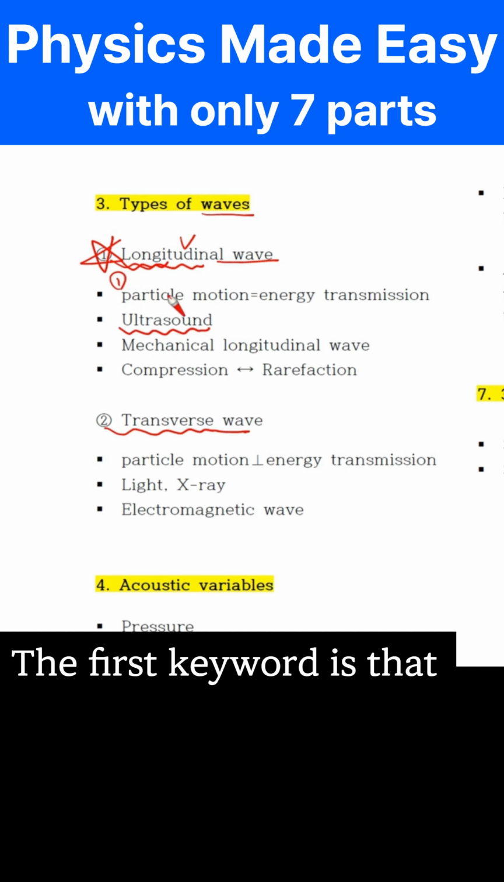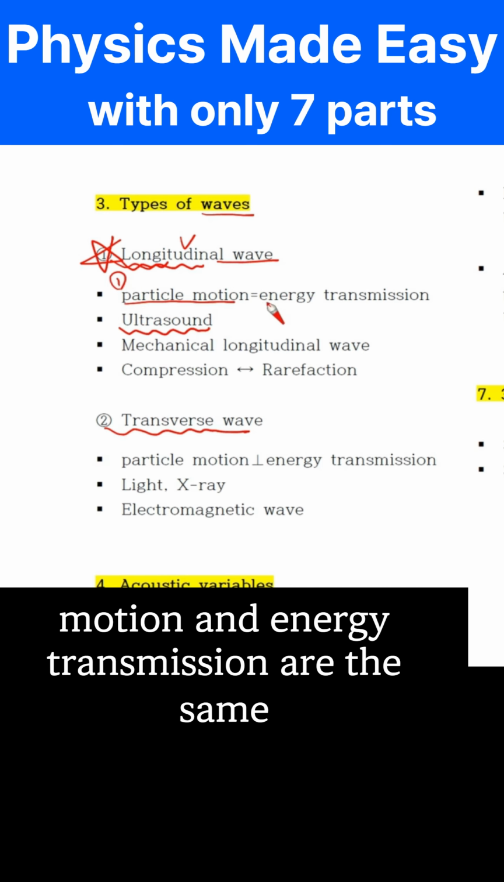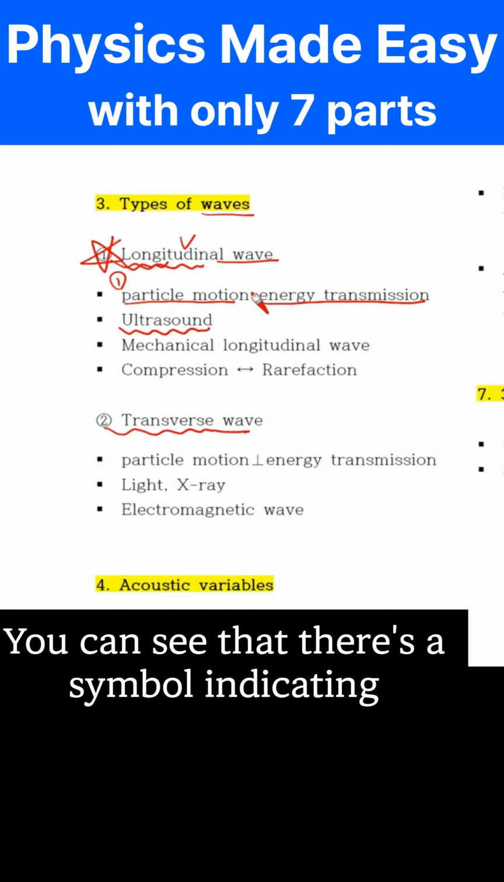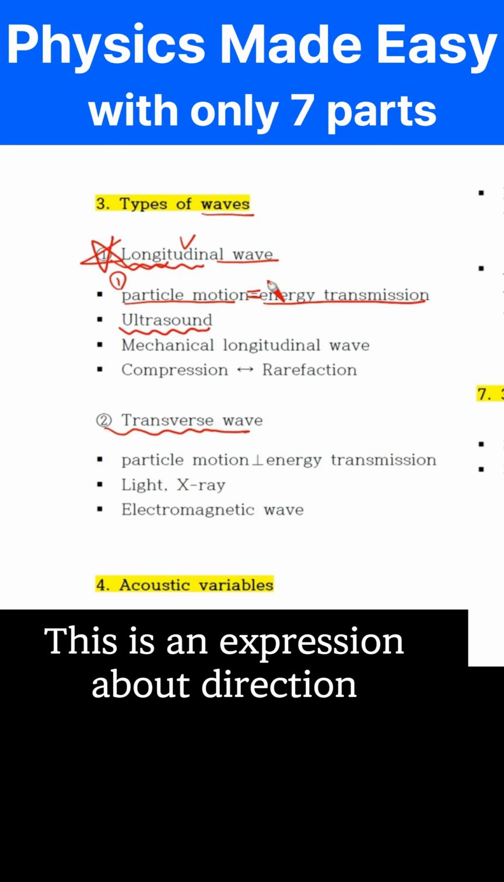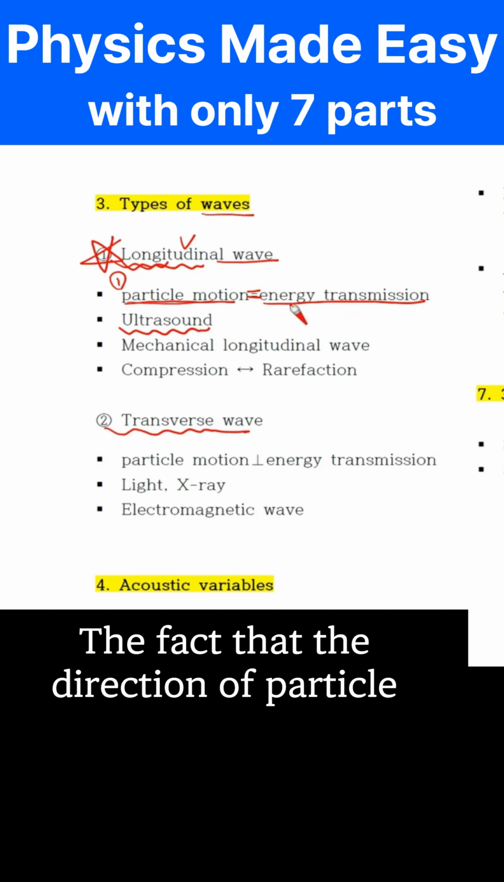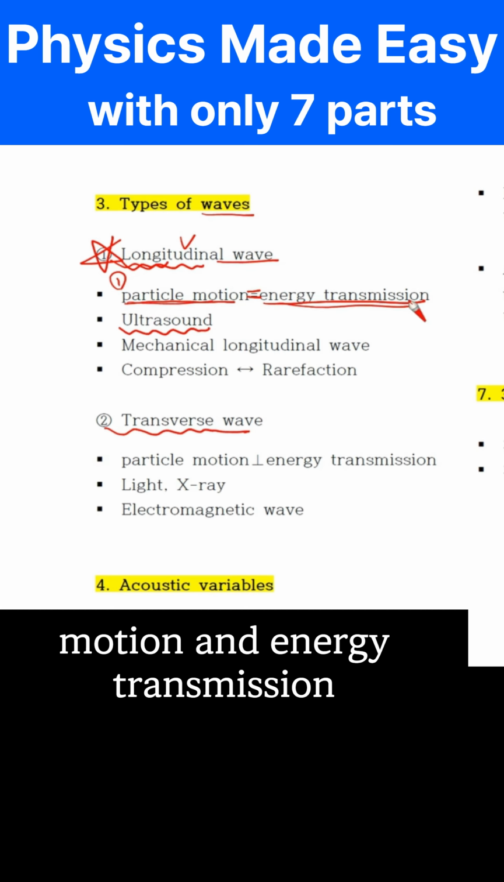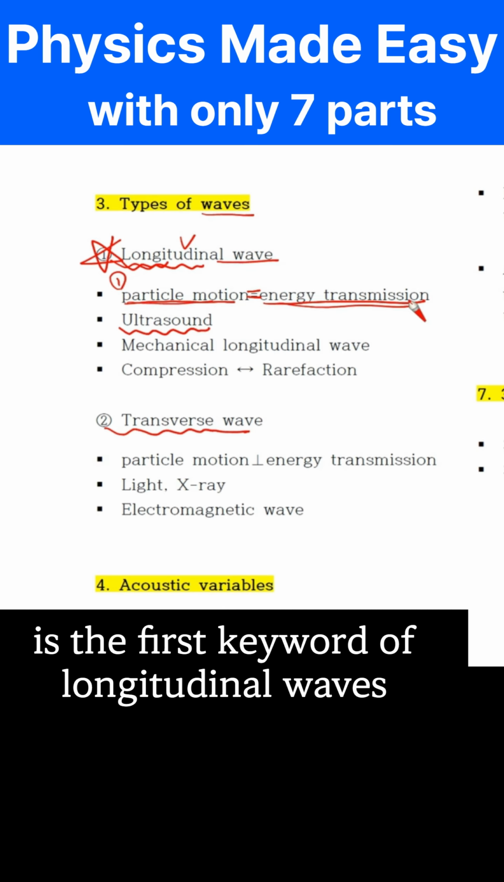The first keyword is that the direction of particle motion and energy transmission are the same. This is the most important point. You can see that there's a symbol indicating that they are the same here. This is an expression about direction. The fact that the direction of particle motion and energy transmission are the same is the first keyword of longitudinal